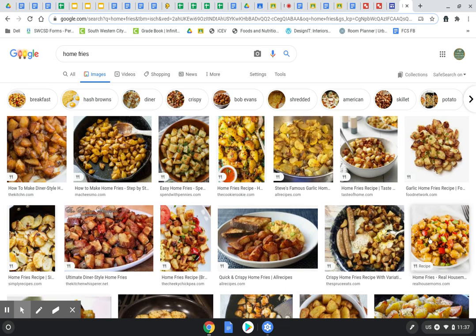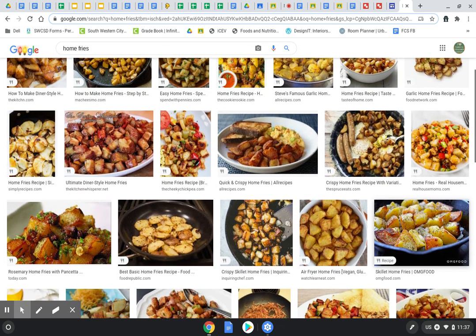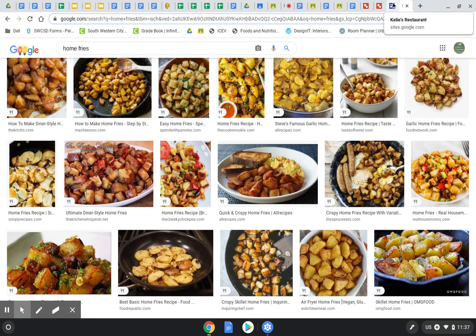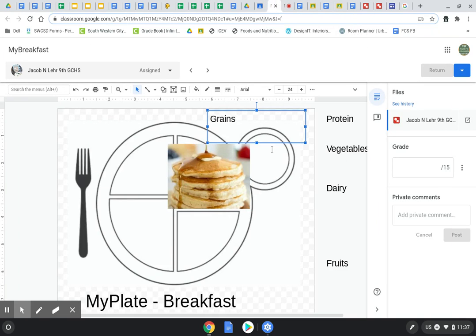Oh, and here's some that have vegetables mixed in. You could add your vegetables with your home fries as well. Okay, let's pop back over here. Okay, so Jacob, what are you going to add besides your pancakes?